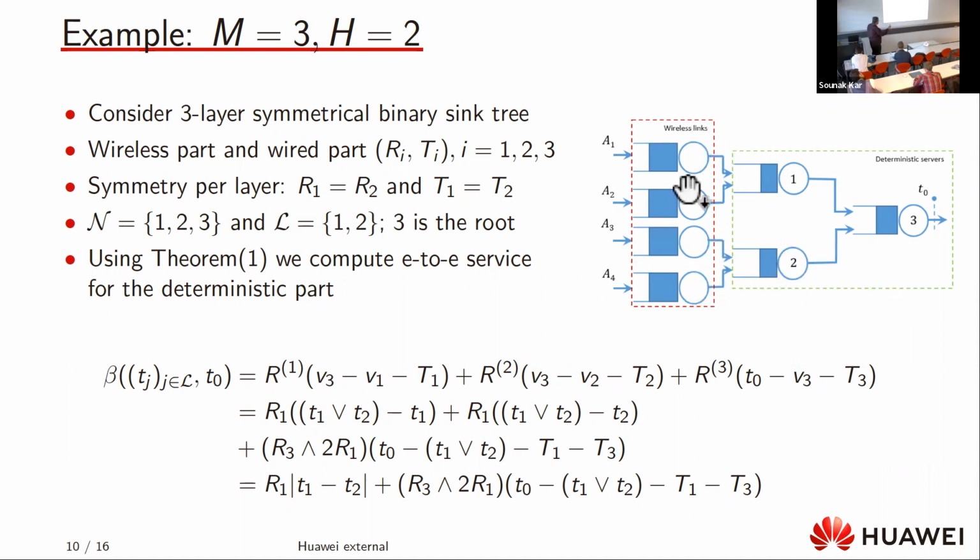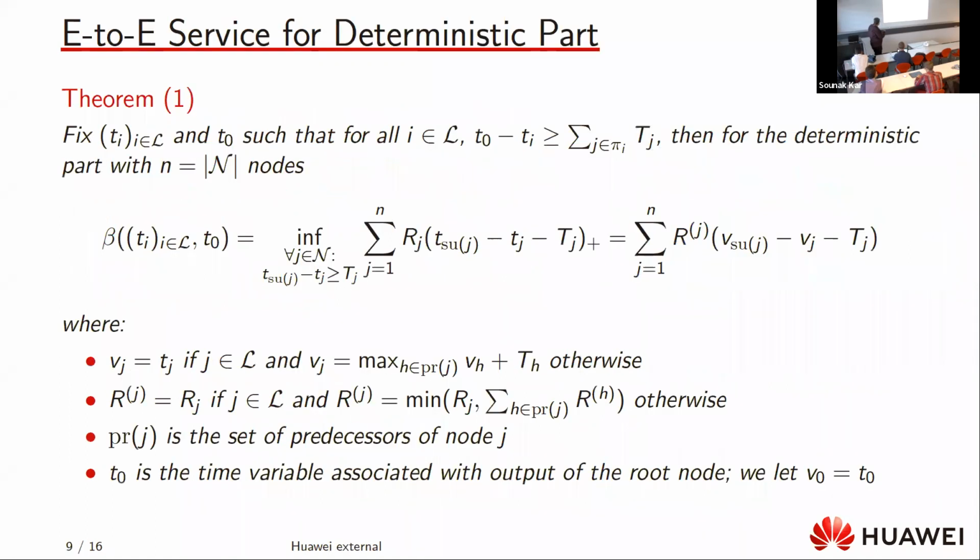And these 4 servers will be in the set W. Now we are assuming symmetry, just to make life simpler for this example. So we have R_1 equal R_2, T_1 equal T_2. By symmetrical we mean each layer has the same parameters for the servers in that layer. Now we use Theorem 1,